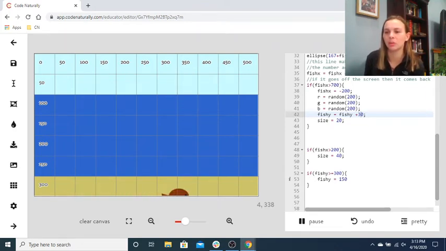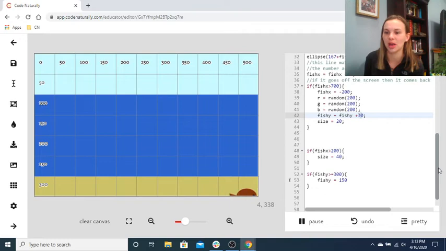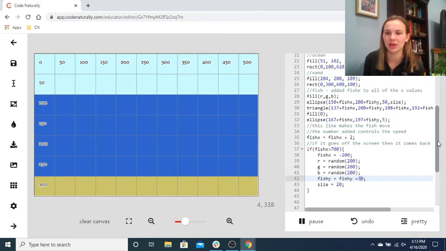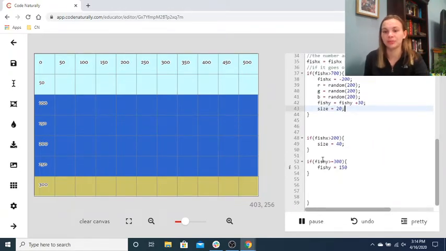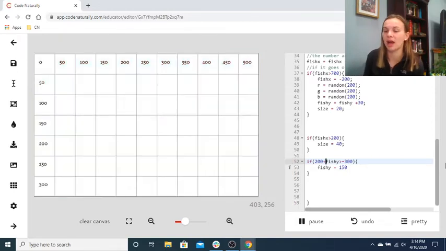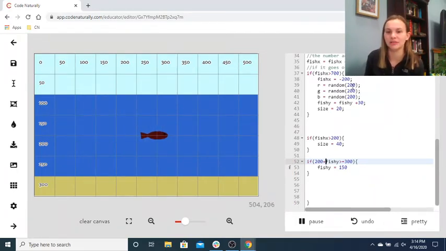So our Y location isn't just fish Y. So this is what's going on. It's actually 200 plus fish Y, so it won't actually happen until it reaches like 550. So you could say if 200 plus fish Y, which is the center of my fish,